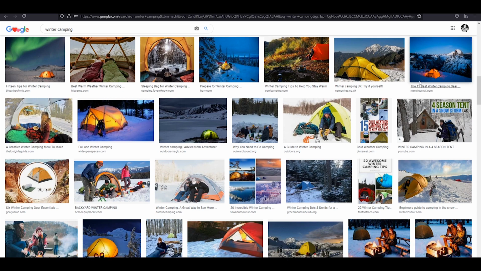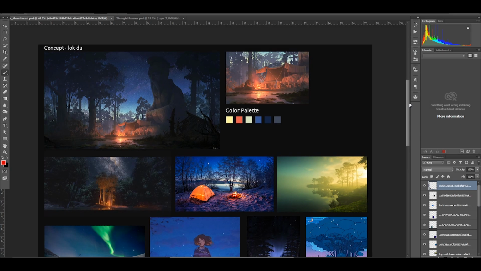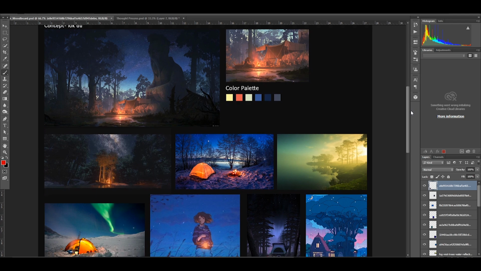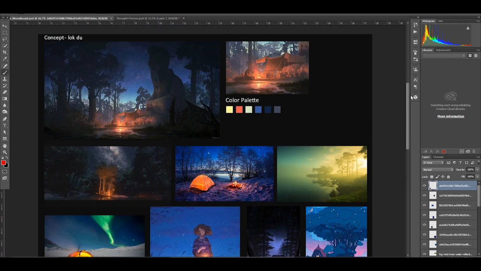So then I collect these image references into Photoshop and make a mood board like this. From time to time, one of the biggest mistakes I make is that I am never using enough reference. I always try to do things how I think it is, or how I remember it, or look into another game that I kind of remember, and so I start making level art without using proper reference.